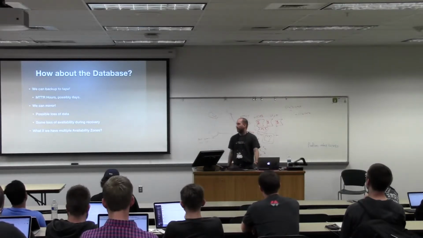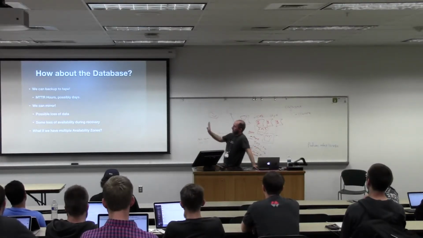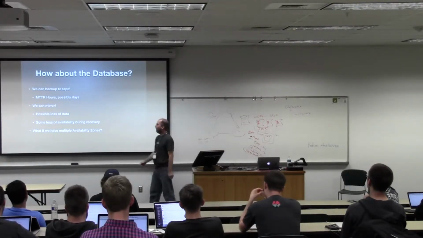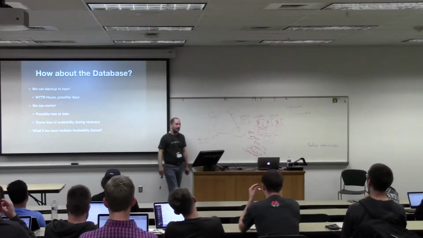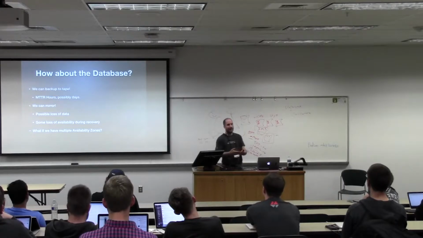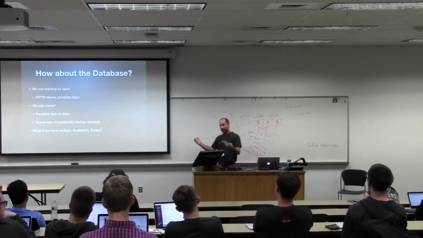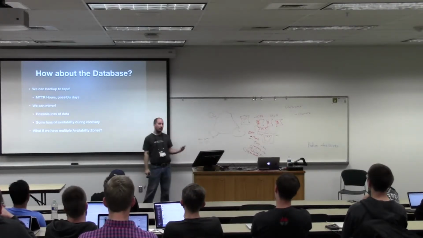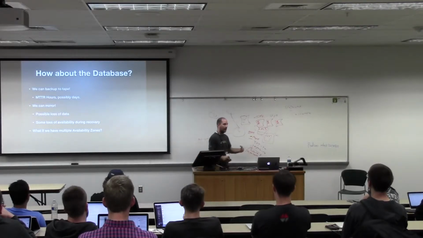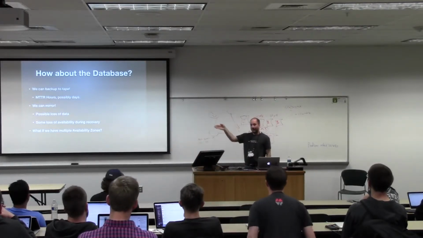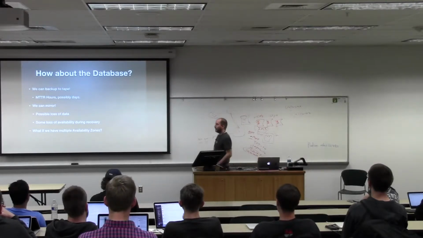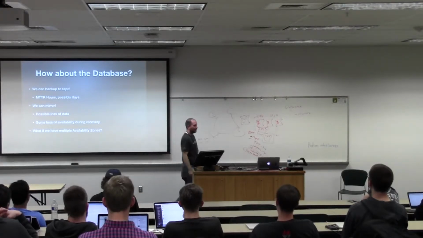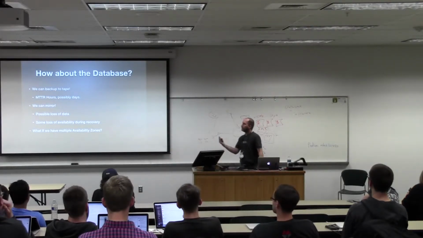The other problem with geographic distribution of your database: a lot of times if you've got large replication windows, or replication is taking a long time to get to the secondaries, it's because you've got geographic distribution of your database, right? We have to deal with the speed of light, and TCP is kind of the protocol of choice when it comes to replicating data over large network segments, because we want to know if the data got there. We want to get an ACK back so that we can be sure that they actually received the packets, right? You can create abstractions around other protocols to make it work, but the reality is it becomes sort of a two-phase